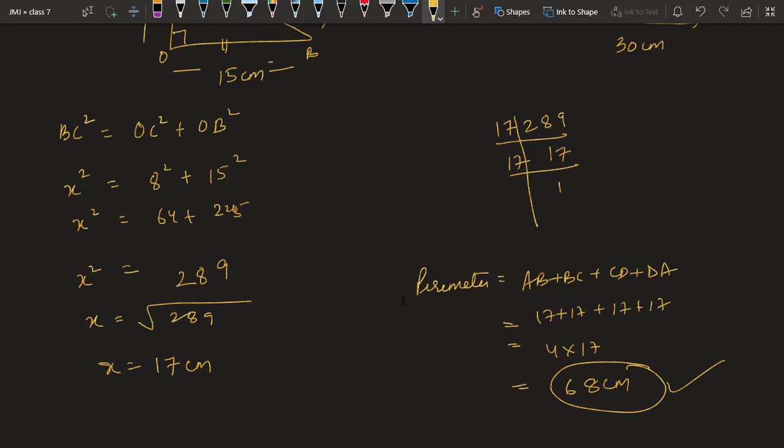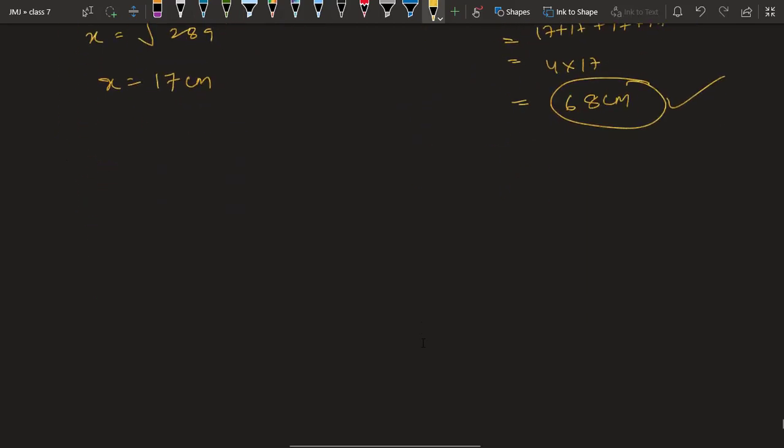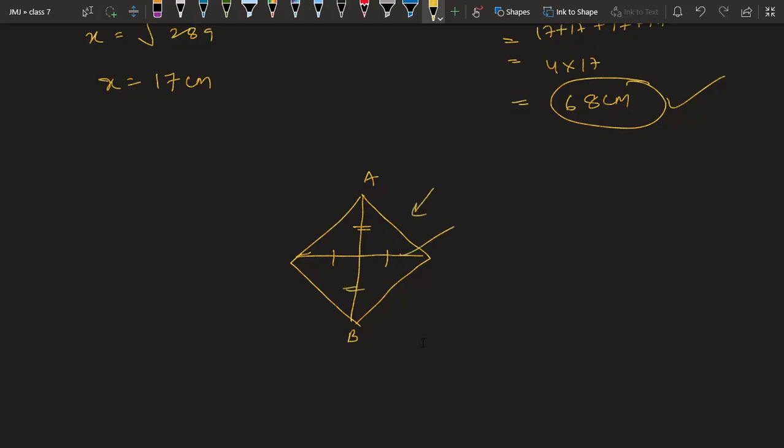Okay. So you have to remember the property of rhombus. The property is very simple, that in a rhombus diagonals bisect each other. What does that mean? That if this is a diagonal, it bisects the other diagonal in two equal parts, and this diagonal bisects this in two equal parts. This is the property that we have utilized. Okay. Thank you.